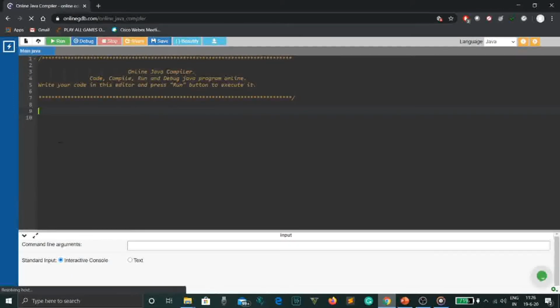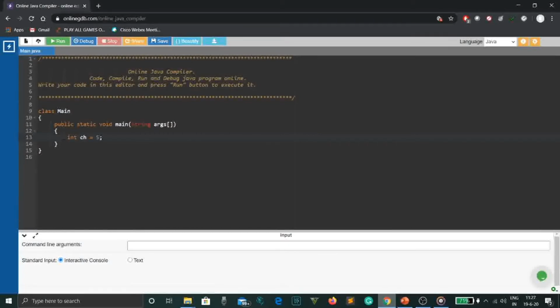Then we assign a value to ch. Ch is just a variable that we have used. It's just a choice. I've used the shortened form, ch. You can always use any kind of variable. You can use a name, even a, b, c, d, anything you can use as a variable. So we write int ch equal to 5. I'm just declaring a value right now so that we don't have to take the input of the user right now. We're just doing it quickly.